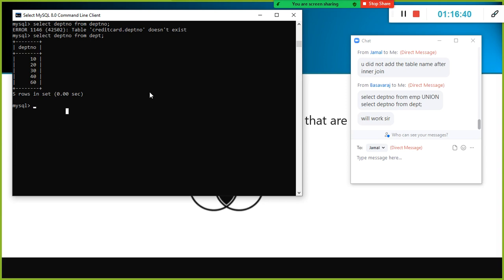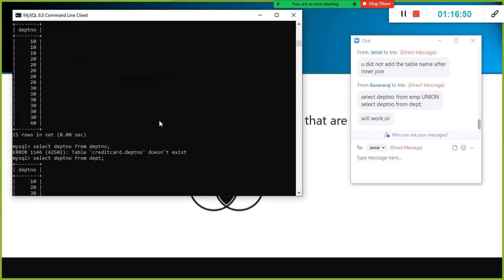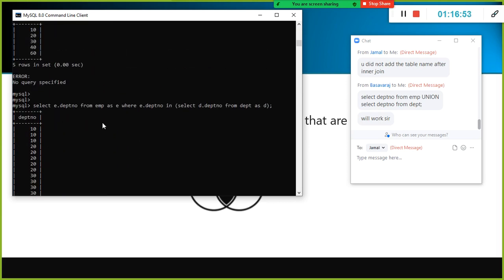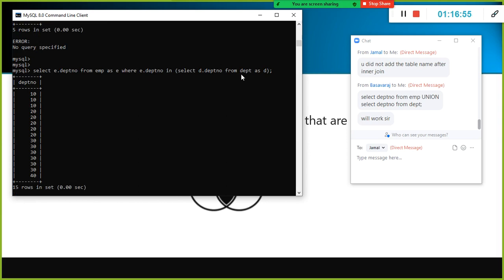Okay, and for example, in this case, this is what n is. So n is nothing but the common values between both the tables, right?